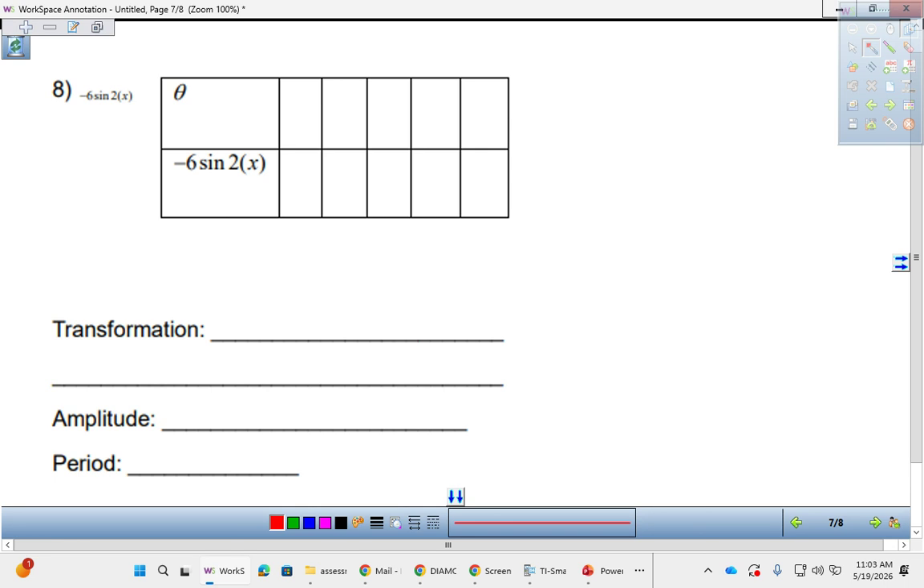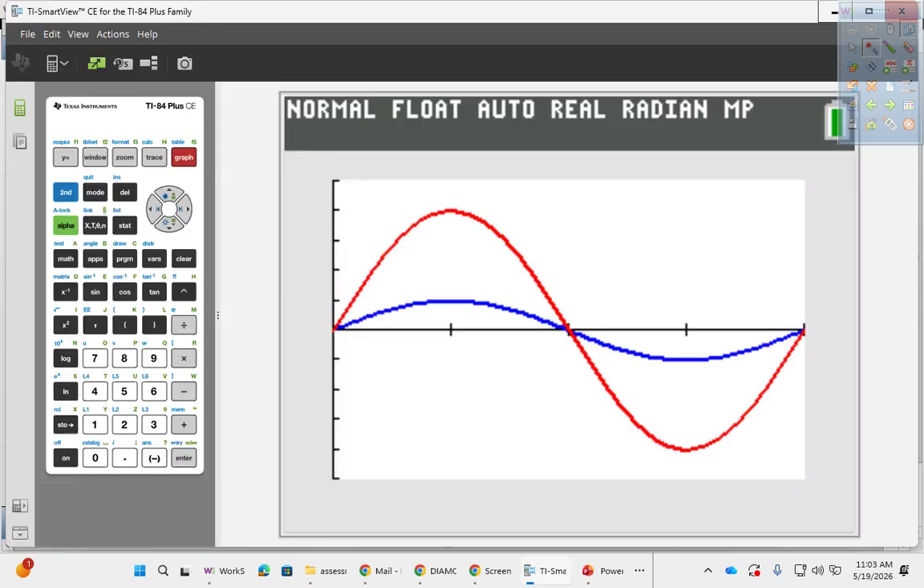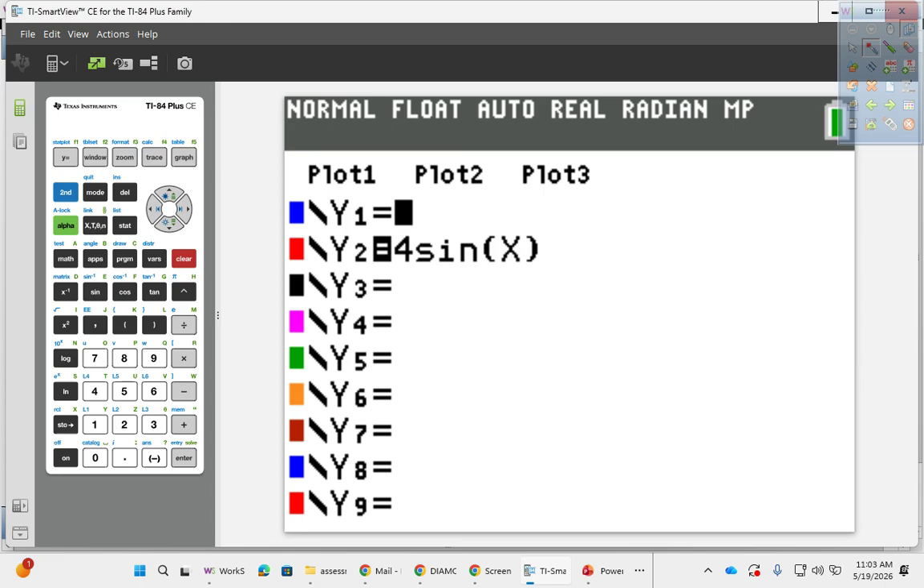There's a reflection over the x-axis. The A value is 6. Stretch or compress? Vertical, because it's in front. Is that a vertical stretch or compress? Stretch. It is. If you don't know that though, you can always mess with your calculator and say, okay, well,